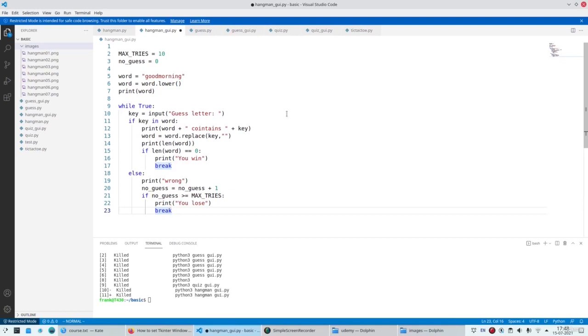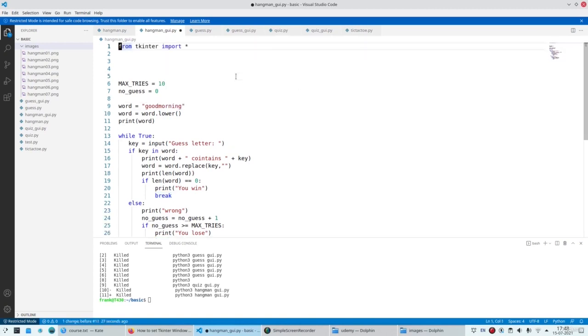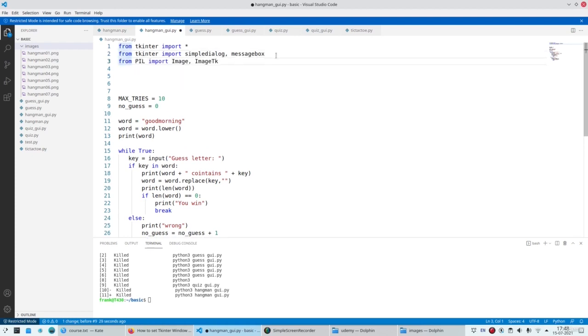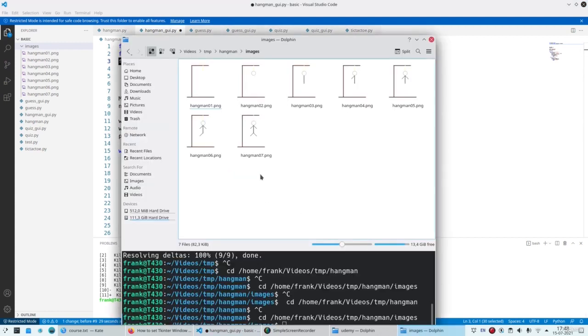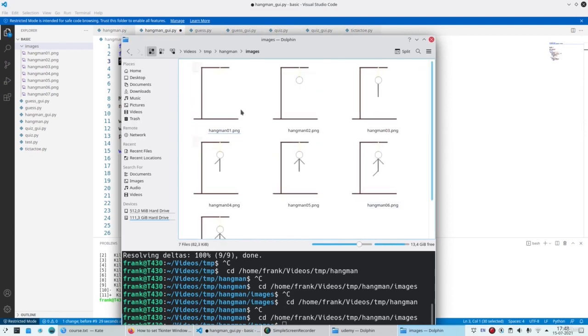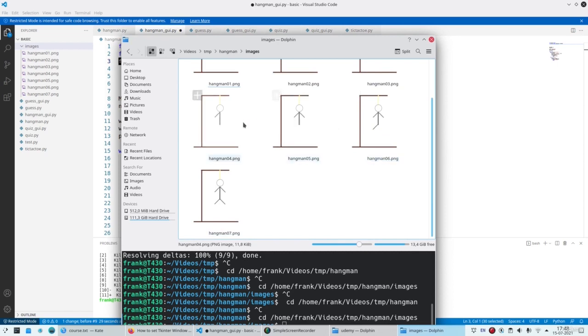Let's turn Hangman into a graphical program. In order to make a graphical Hangman, we can use tkinter again. So we import tkinter. We want to be able to show output and get a message, and we also want to be able to show an image. Now the images we will use are of course of the game Hangman. So I've attached the images. You can see those are Hangman images that, depending on the state of the game, it should show a different